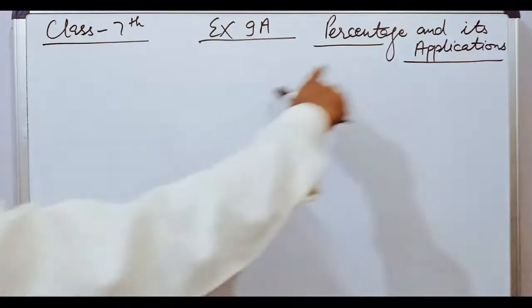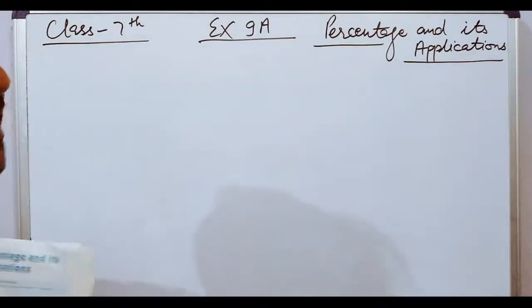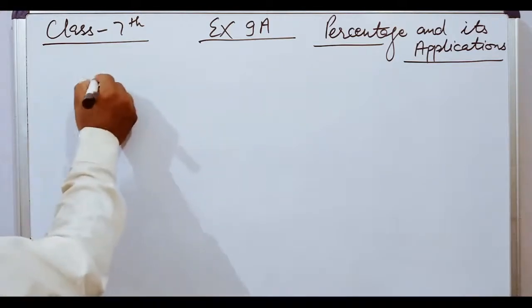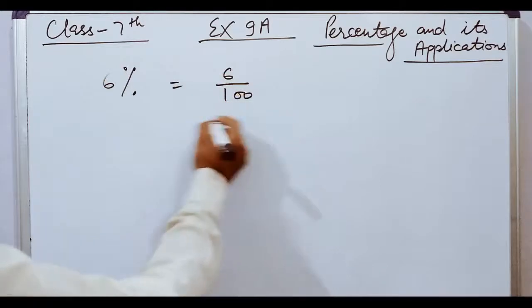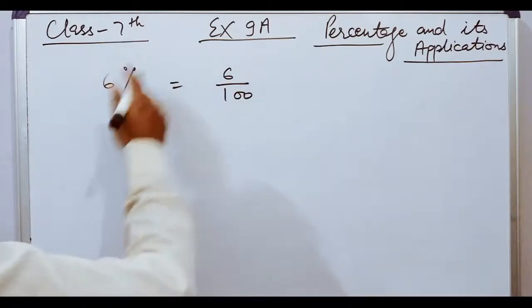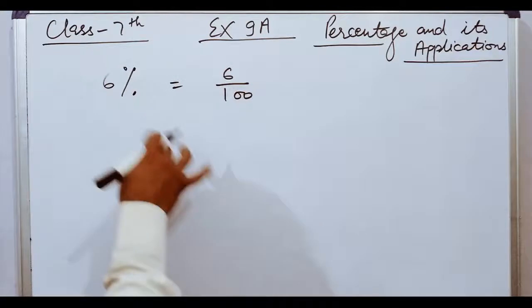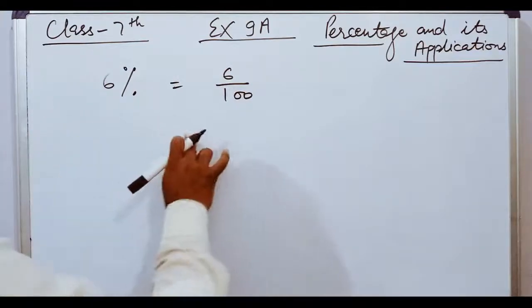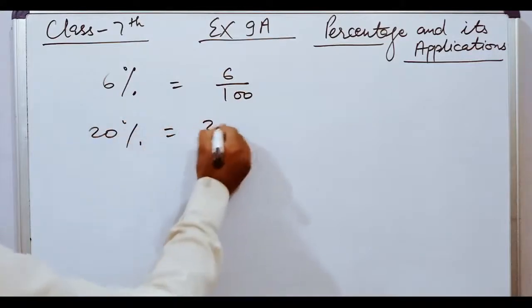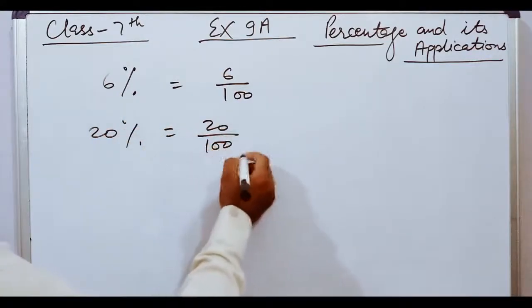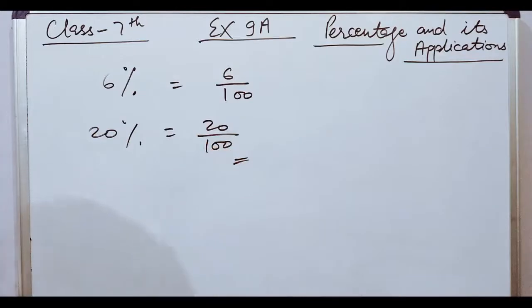Today I will teach you percentage and its application, exercise 9a. So what is the percentage? Here, students, percent means 6%. It is 6 upon 100. 6% means 6 upon 100, per 100. The number per 100 is percentage. 20% means 20 upon 100. So now we will go to exercise